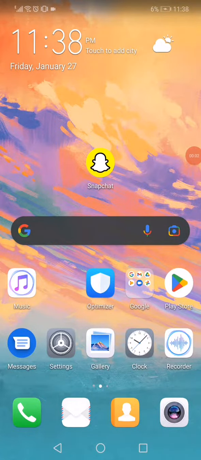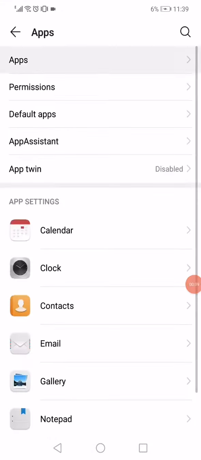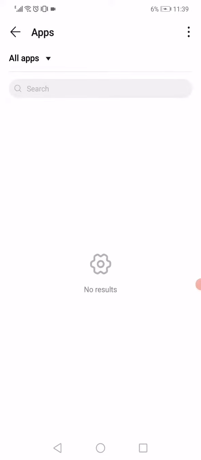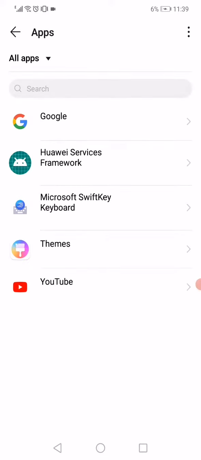How to fix Snapchat camera. First thing, guys, open the settings on your phone, go to the apps manager. When you open the apps manager, on this page you will find all the apps that you have on your